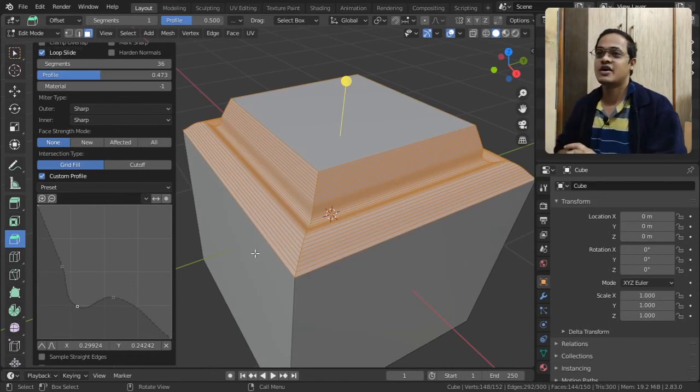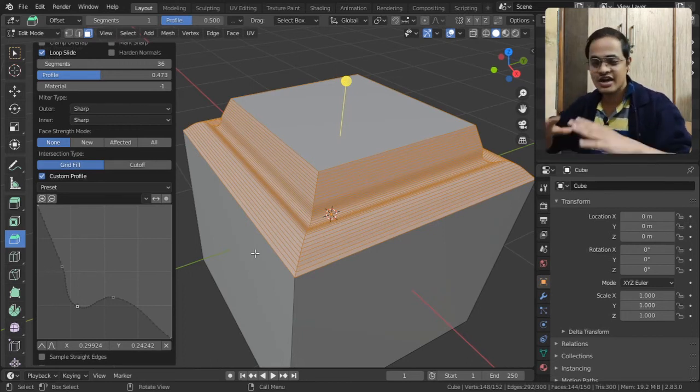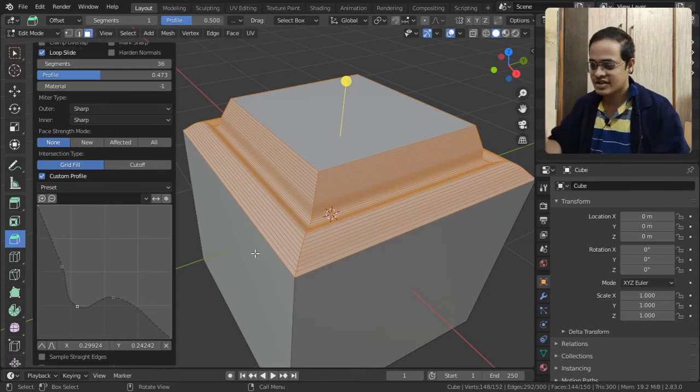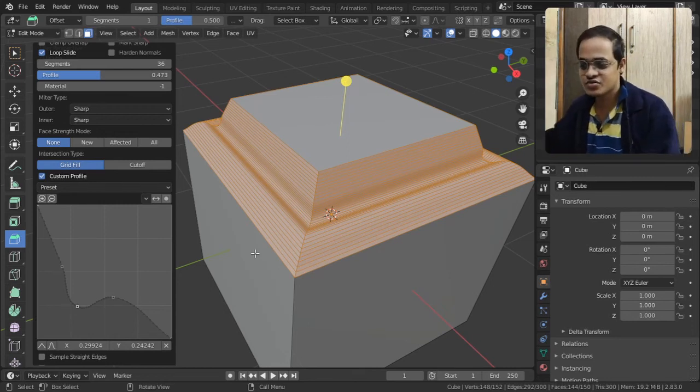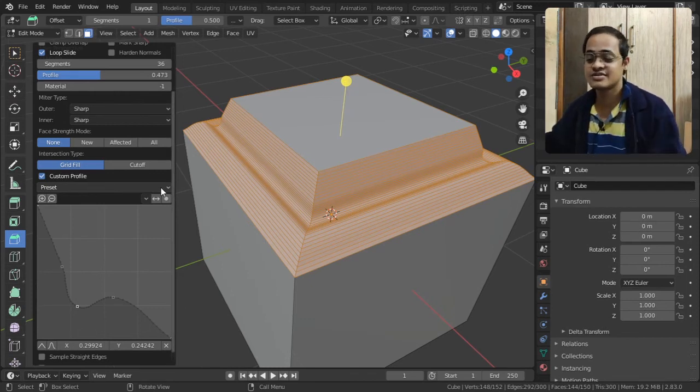You can change the way the bevel is going to act, and this can be helpful if you have a set piece and you want to put a photo frame. At that time we have designated photo frames. That would be one use we can see there. And not only that, Blender developers have even given us presets